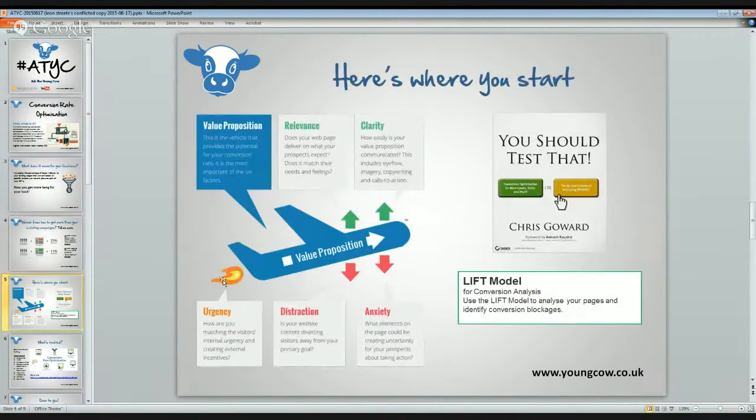Now, here's where you start. So I want to, first of all, jump back to screen so you guys can see us in the office. Have you got the book, Jack? Here's our prop. So there you go.